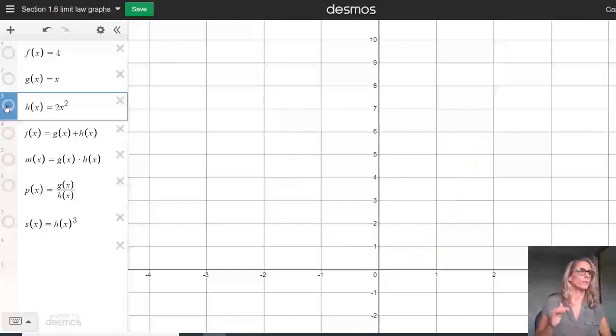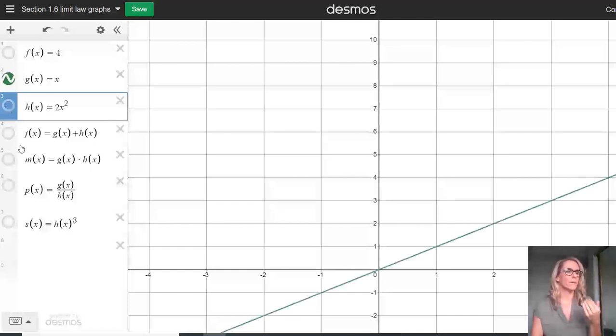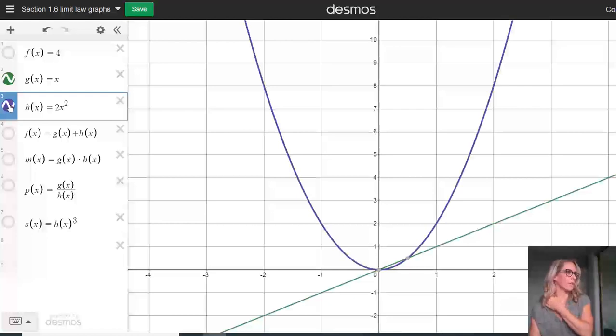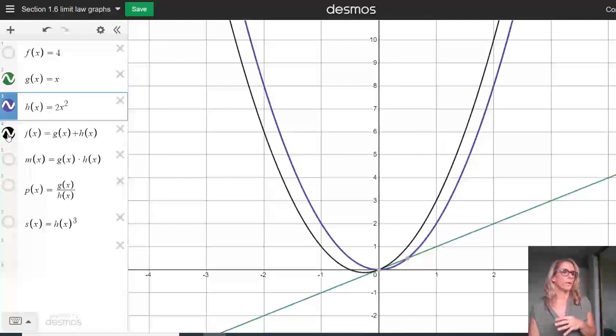So what I want us to really see now for the rest of the problems is that for g of x, the limit as x approaches 1 is 1. And for my function h of x, the limit as x approaches 1 is 2. So I just want you to notice this value and this value. So what property number 4 says is that if you add or subtract two functions together, you can add or subtract their limits at a value. So as an example, here it is.